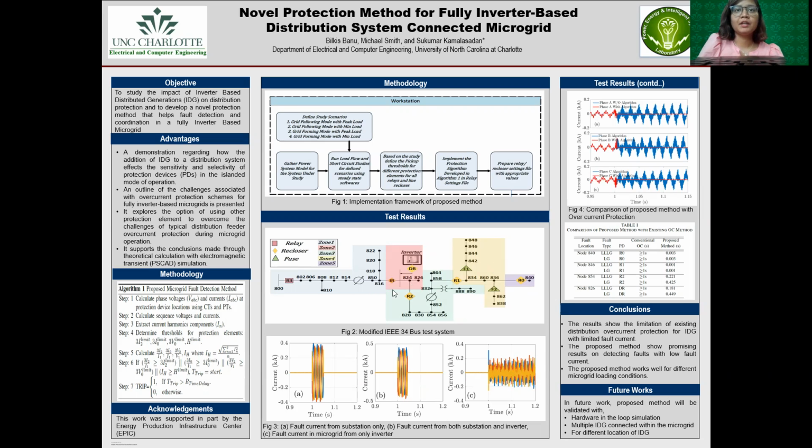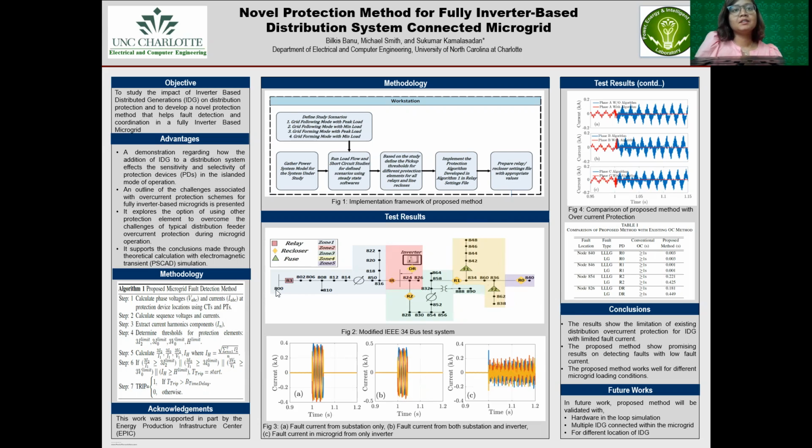To understand the scenario a little more in depth, we need to look at the IEEE 34 bus system, where at bus 824 an inverter is connected, and throughout the circuit there are certain protection devices. R3 is the only relay in the circuit, and IR is the islanding recloser. The fuses F1 and F2 are saving the laterals of the distribution circuit. So I applied a fault at 846 for 3 different test case scenarios.